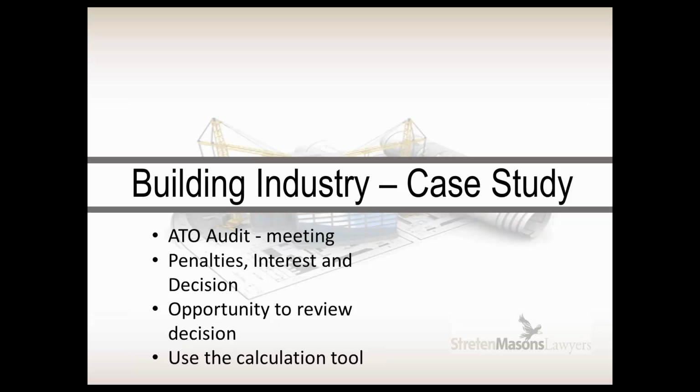Fortunately, the ATO does have a process where you can review these types of decisions. At that stage, the construction company sought the advice of a lawyer and a new accountant to go through the submissions they could make to try to reverse the decision made by the ATO. As I said, there are a number of cases that have been decided on this issue. You've got to look at the totality of those indicators, and it's not just one factor that has any more weight than the others. So you go through all those indicators.